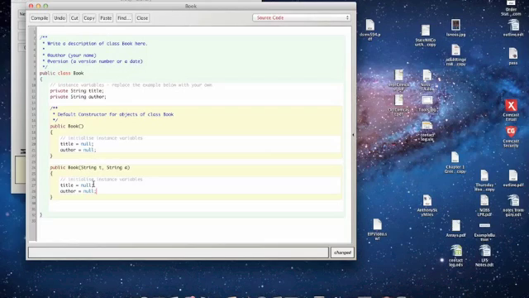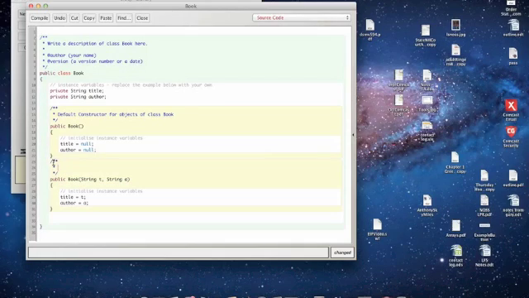So the title is T, and the author is A. And so that sets up what we call our normal constructor. So if I'm going to put some comments up here,